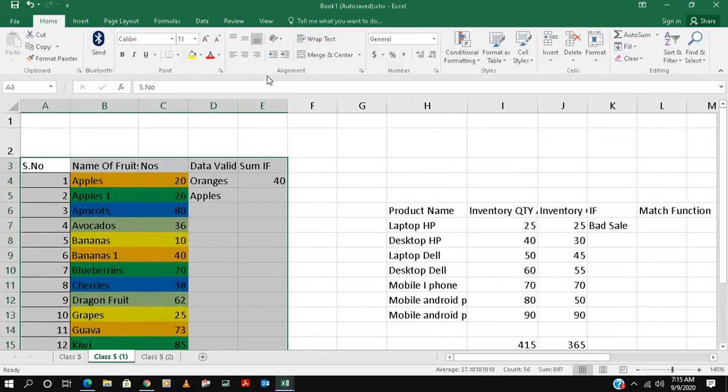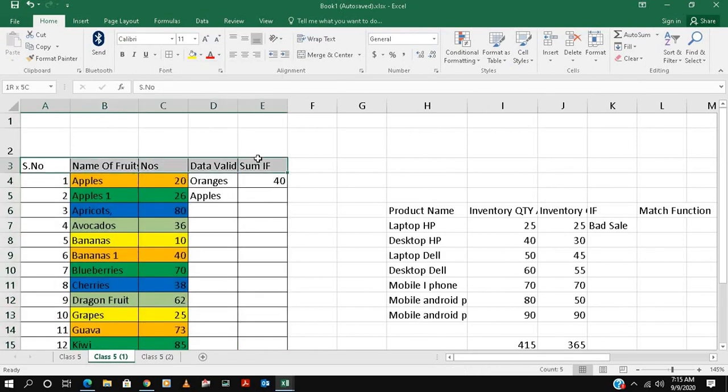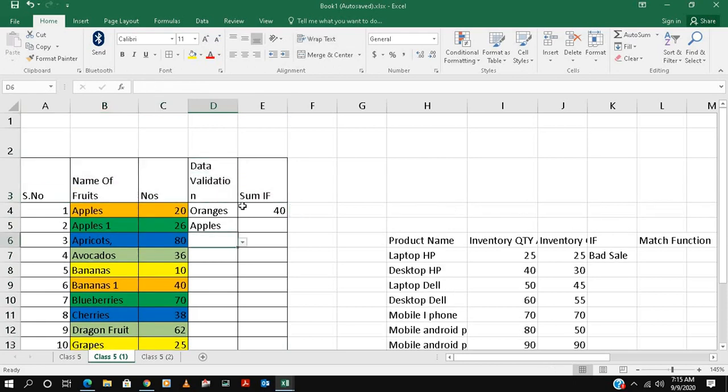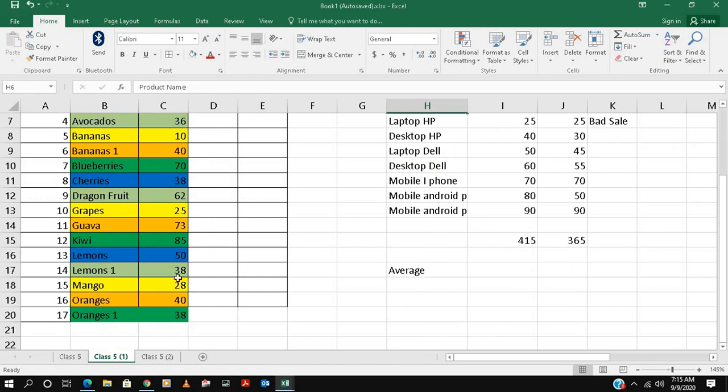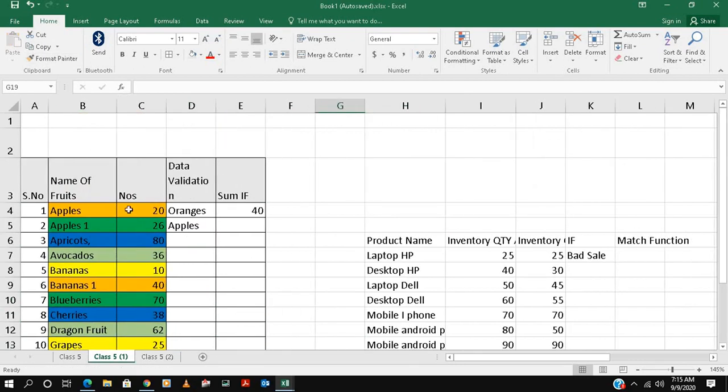So again, we'll do this with some formatting. We always say presentation is important. Without presentation, you can't show anything. If you are working with your management, you can't show to them without this serial number. This much big is not required, so you can arrange accordingly. Whatever you like, you just make it, but formatting is important, presentation is important.